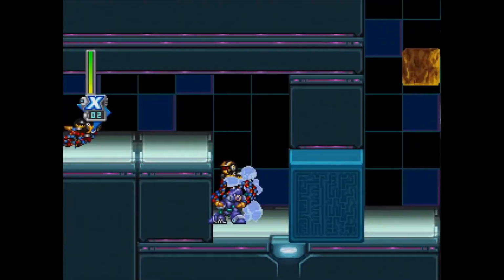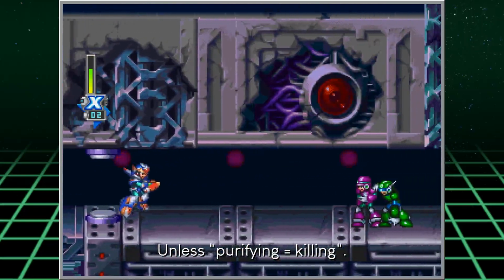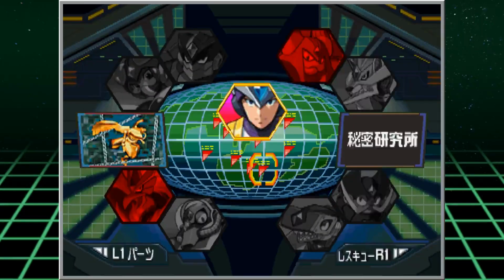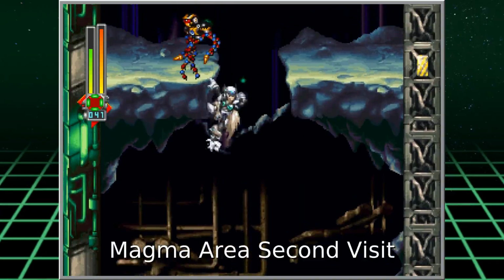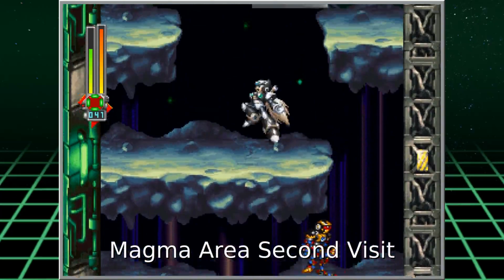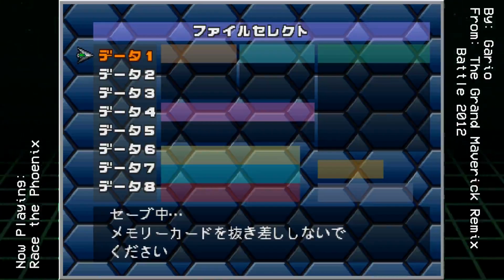No way to shake off the virus while it's corrupting a Reploid, and no way of purifying a corrupted Reploid. Why don't you just restart the stage? Well, it won't work. Rescuable Reploids don't respawn when you leave the stage, unlike X5. It's a one-time thing. If you lose a Reploid thanks to the virus, you're better off restarting the game from